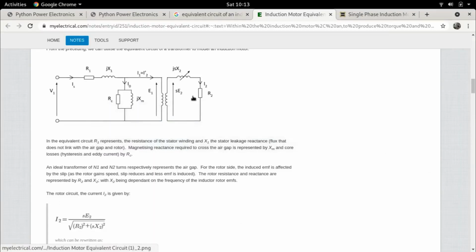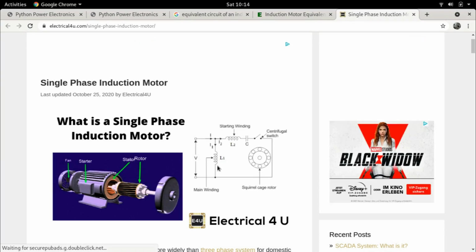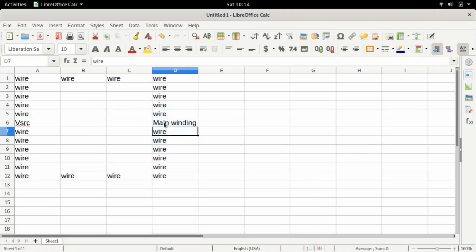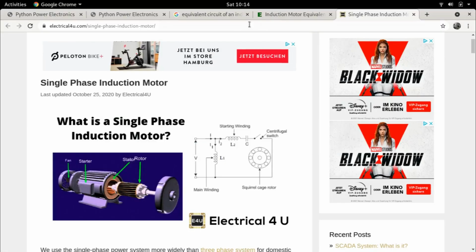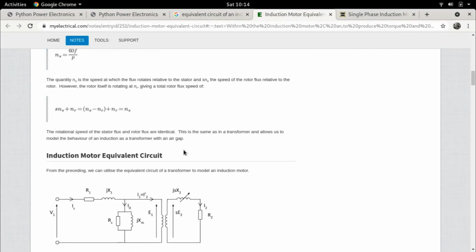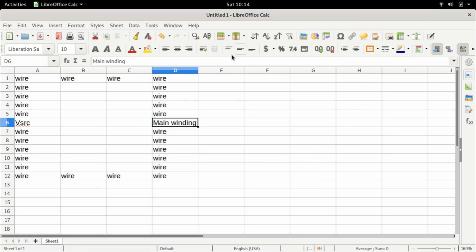Right? And if I go back to this, you see that in this particular circuit, we are applying the voltage to the main winding. Initially, we will not consider the auxiliary winding, right? So if we do consider the main winding, the question is, what is there in this main winding? Now, I would advise you to have a look at this entire page as well as this page, because it tells you a lot about the entire concept of how an induction motor works and also how we come across this circuit. But simply speaking, this main winding will consist of several different